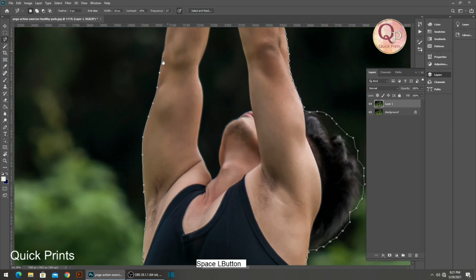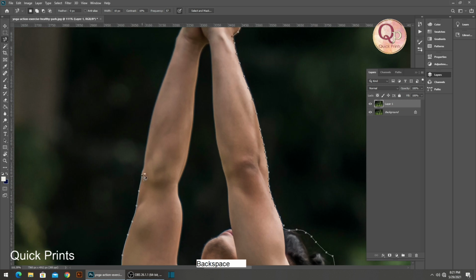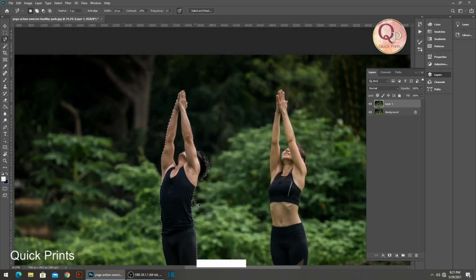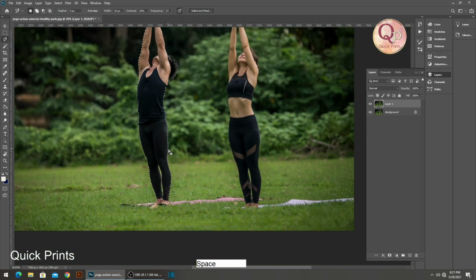See, here there is so much contrast, that's why the selection is going very smoothly. We have reached the point where we started and click it, right? As you can see, the selection has been made.